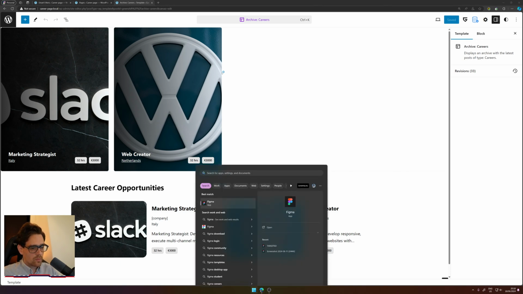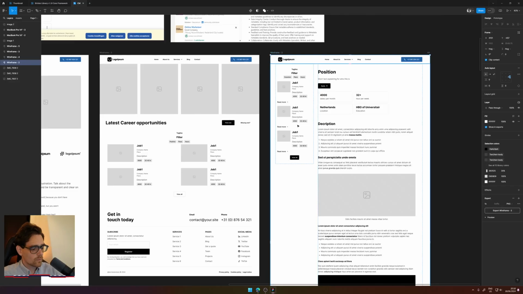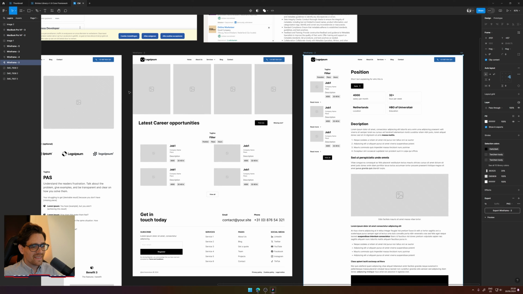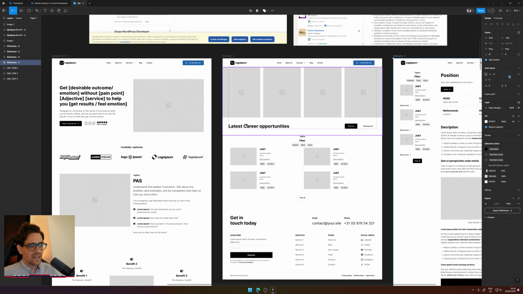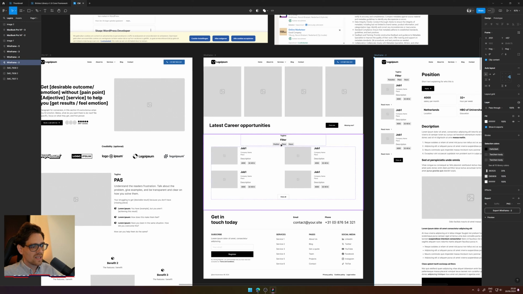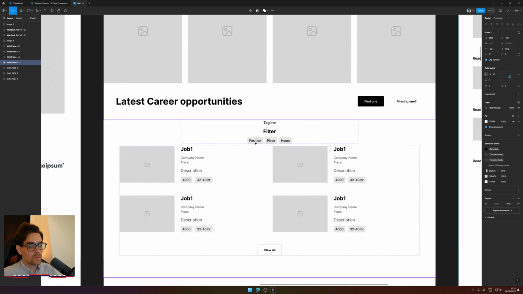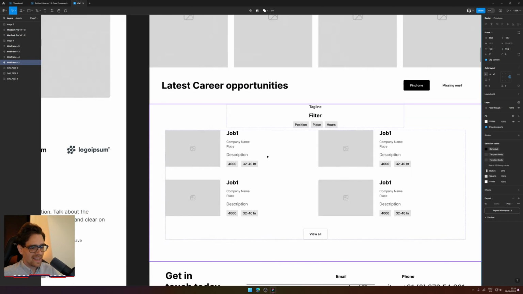So as we know from our Figma design, let me switch my screen real fast, so that I don't show you the other projects I'm working on. Let's close this one. So here we see the designs I've been working on, at least the concept, the wireframes. And here you see some kind of filters. You can filter by position, place, and hours. And yeah, you need a filter for it. So let's see if we can add it